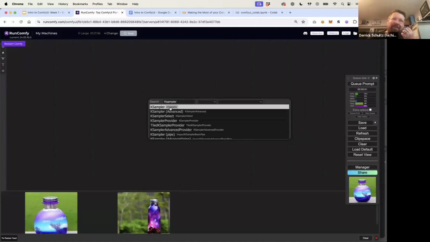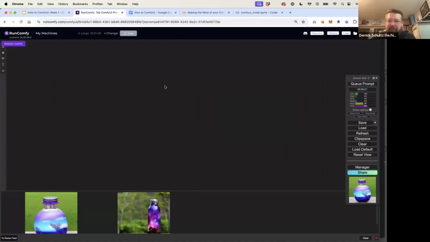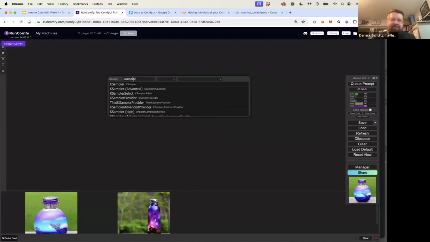You'll see a bunch pop up. Again, this is the other challenge of Comfy: just figuring out which node you want to use. There is a hotkey to pull up search, but I don't remember what it is. Usually, I just double click in the space. So if you double click in your canvas, you can pull this up and then type in K sampler again, and we're going to drag this in.